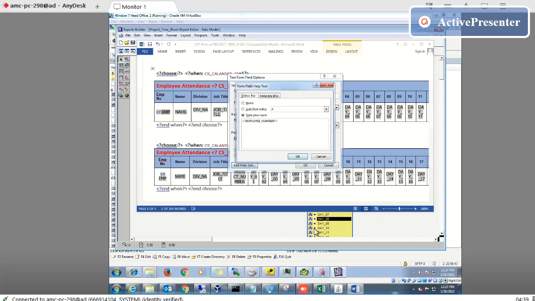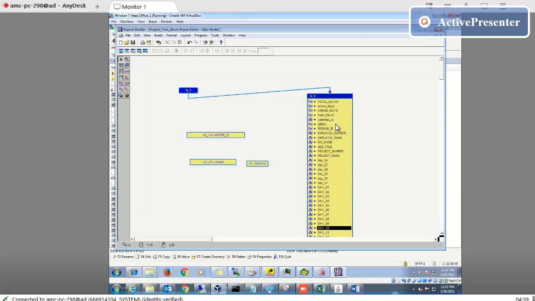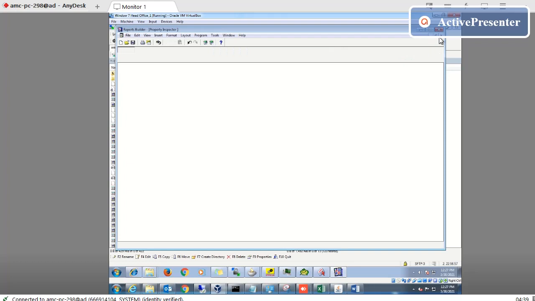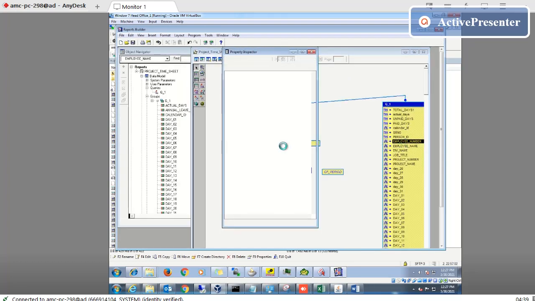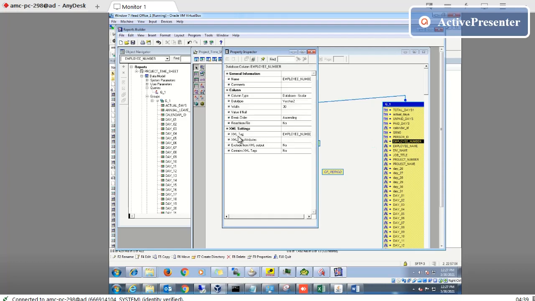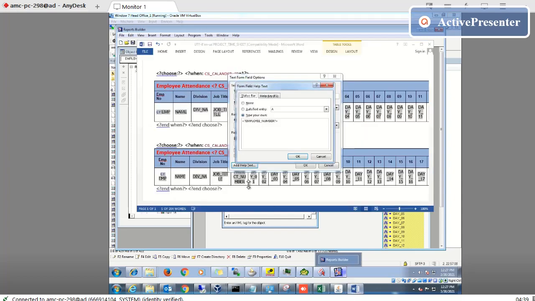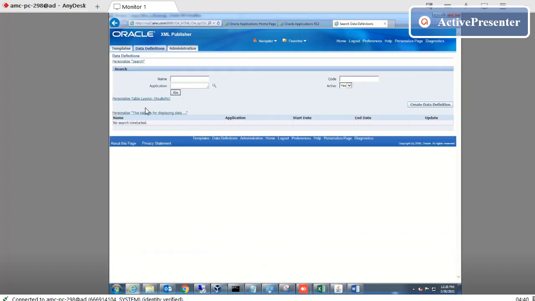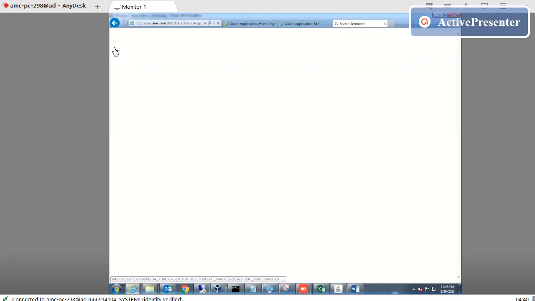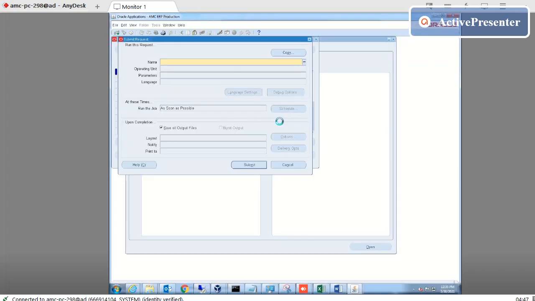If you check here, this employee number, this XML tag, this employee number will appear here. Okay. In the XML Publisher utility, first you have to create a data definition of this one, and then you have to create a template of this one.